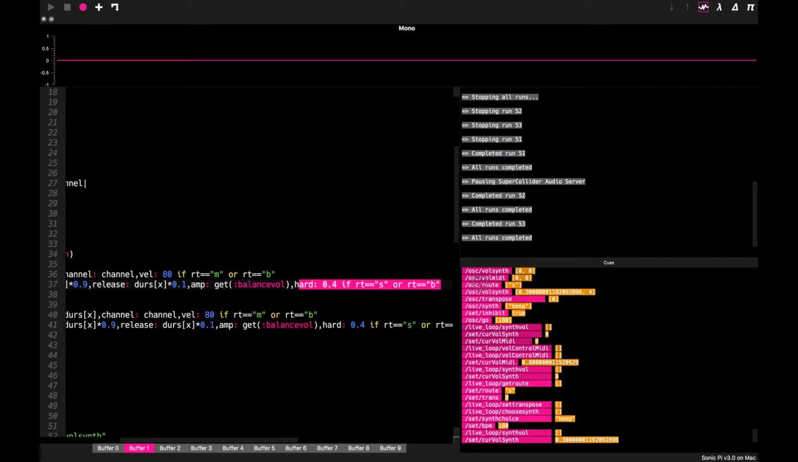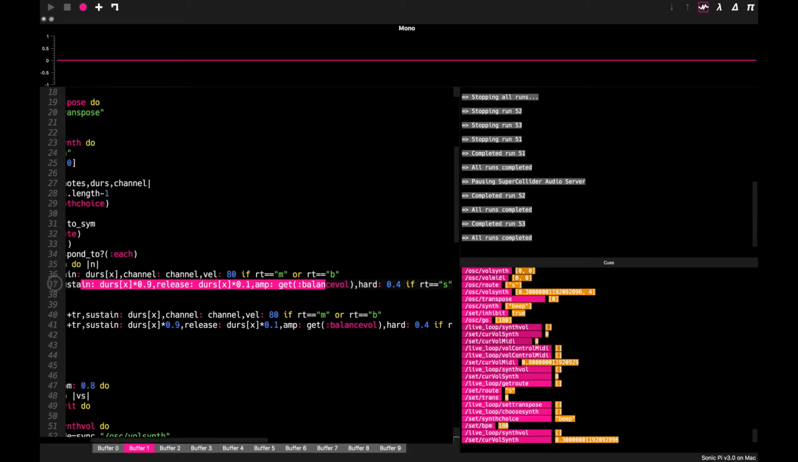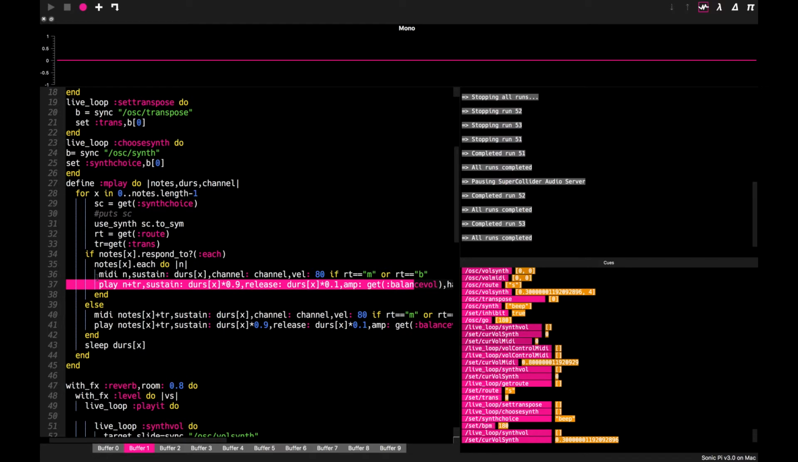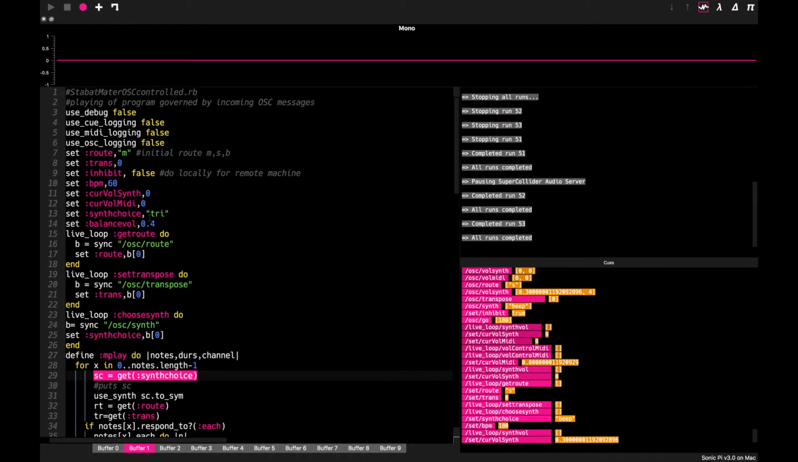Sorry, it says if it's equal to S or equal to both, it's going to play this line, and that's going to play the note, whereas the line above is going to play MIDI if RT is equal to MIDI or if it's equal to both. And so we can switch between them because the value of RT is controlled by means of an incoming OSC message. I can also change the synth choice here using this variable synth choice,